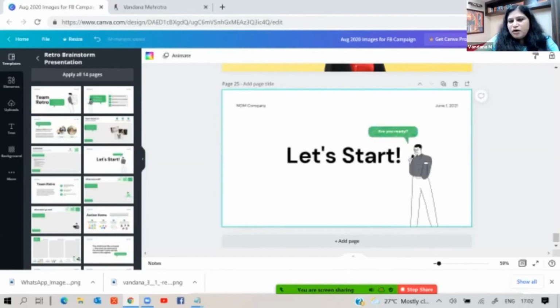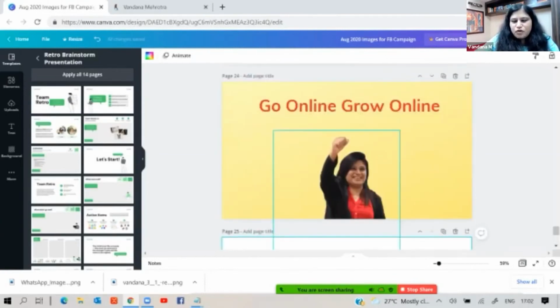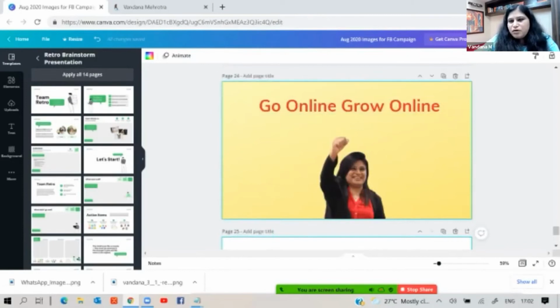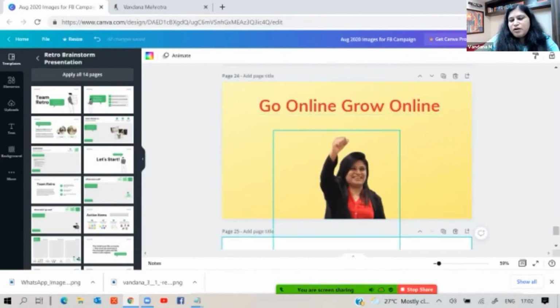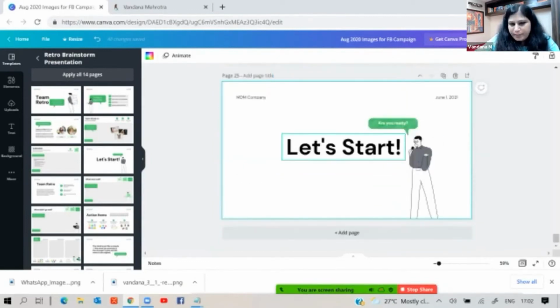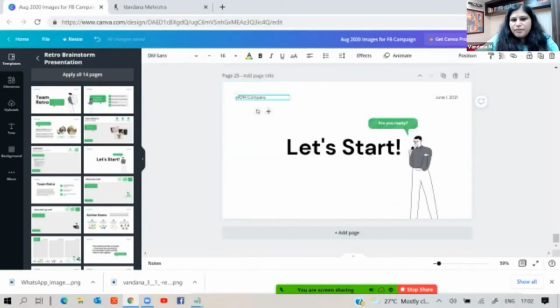Now I have some more features to talk about. So choosing the background, giving a headline, uploading your picture, creating something completely from scratch, or using a ready to use template. Okay, again, I want to change my company name here. I will just say Social Venture Solutions. Okay, and maybe today's date, 18 June 2021.